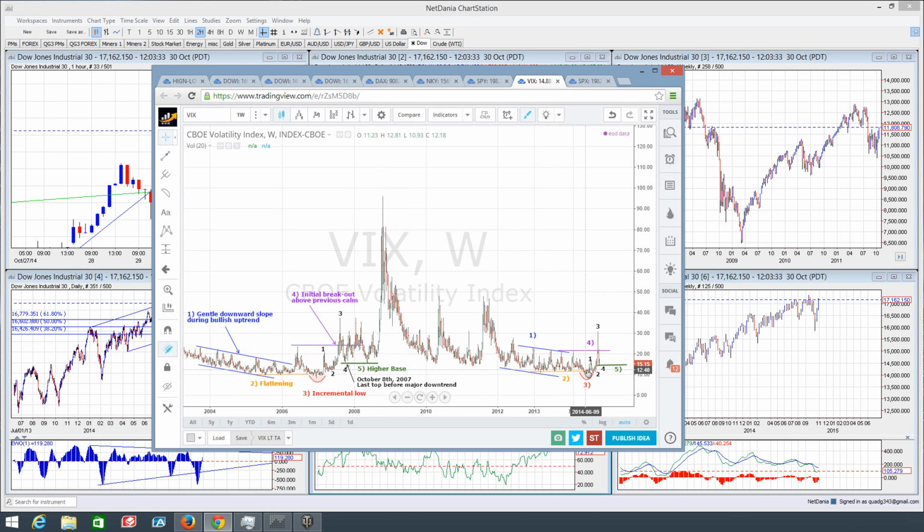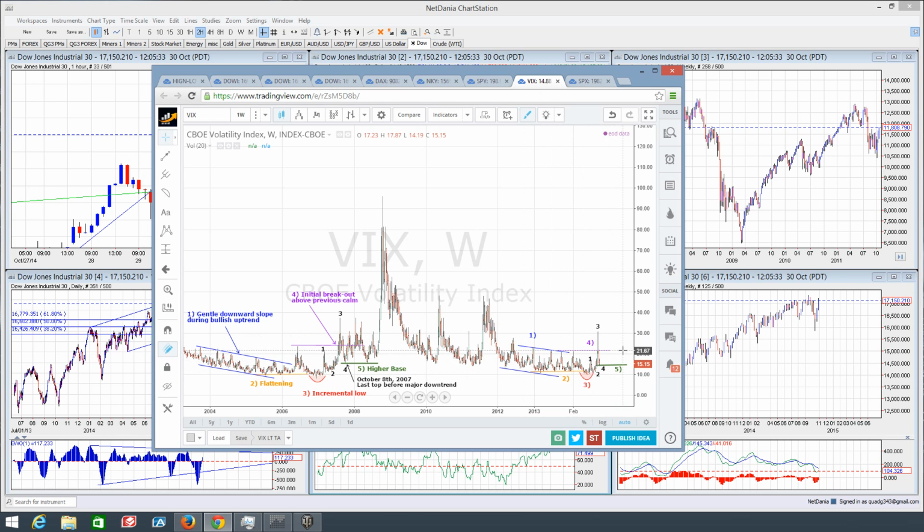So the same pattern, though on a slightly smaller scale, is taking place again here going into 2013, 2014, where we see this calm move to the downside while the move is steadily moving upward. We see stage 3 with a flattening move in the orange here. See this flattening move, and then we see the incremental low for stage 3. We see the breakout above what was previously normal movement right here for stage 4, and now we're anticipating a